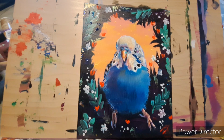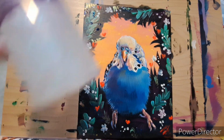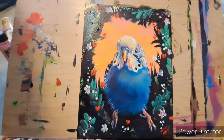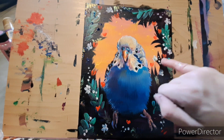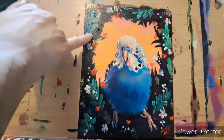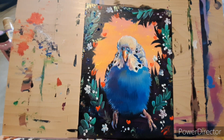So then, let's see, I'm going to come in with a different glitter glue that is really shimmery, but it's also very wet. And I like using this one because it takes longer to dry than the thicker one that I used first. And I will use a loose glitter and sprinkle it on top of those places. And I just sprinkle it all over the canvas. This is how I like to do